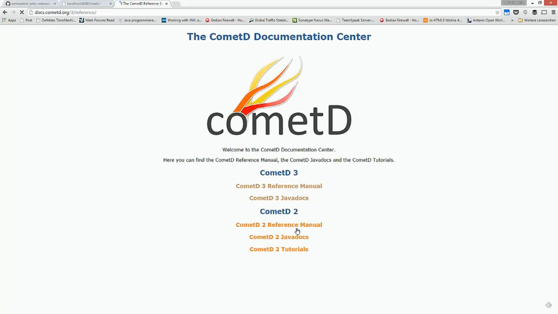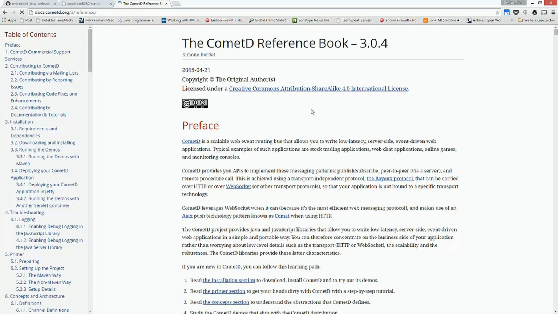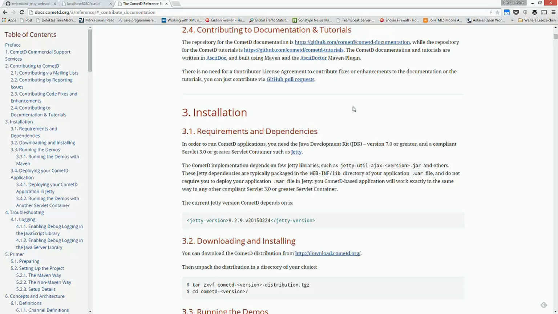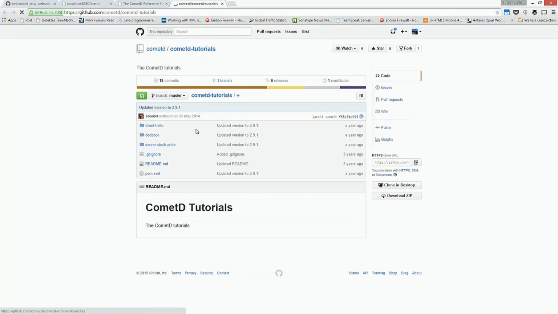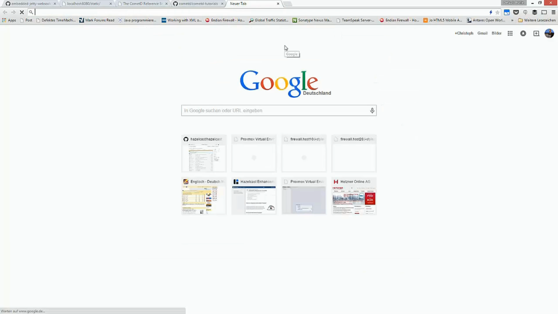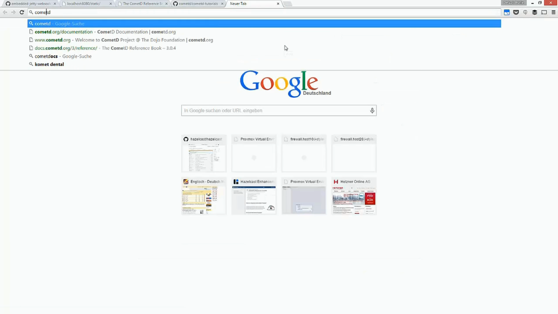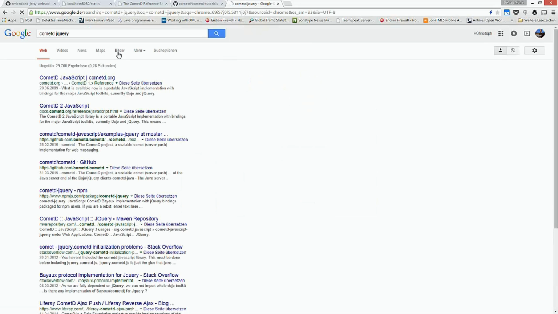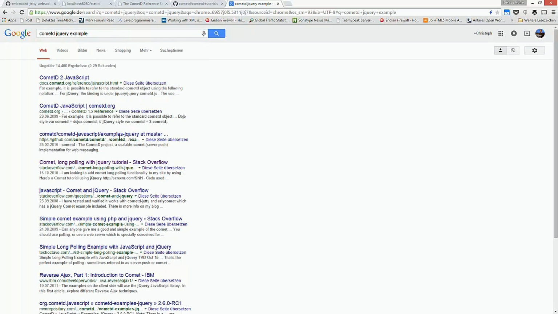In the first implementation, I used Cometd 2. I'm now going for Cometd 3. I have no idea what is different, but I guess it shouldn't be hard to get started. But instead of Dojo, I prefer jQuery, and maybe we can find an example for that as well.